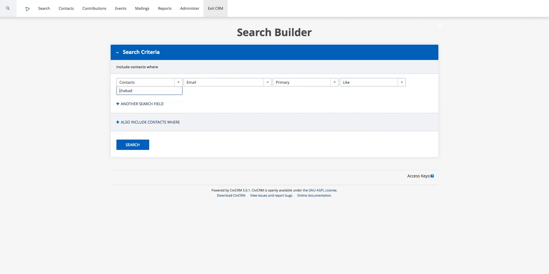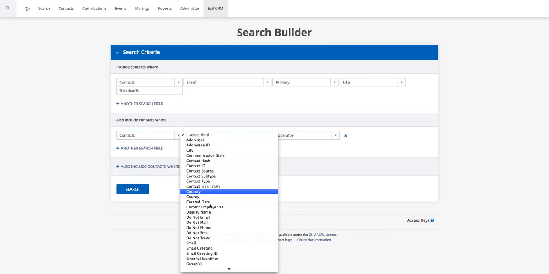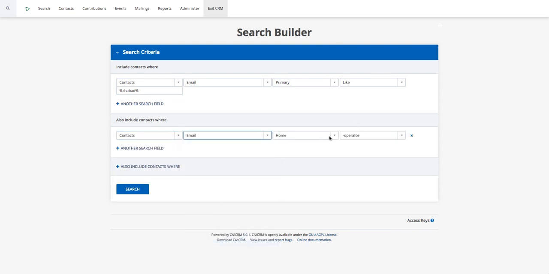Now the thing is, if you only put Chabad, it'll only show you if the email is Chabad. So you have to put a wildcard before and a wildcard after. This will tell the system, find me anybody that has an email that contains the word Chabad with anything before and anything after. And then you could also include people where, again, email contains the word Jewish,